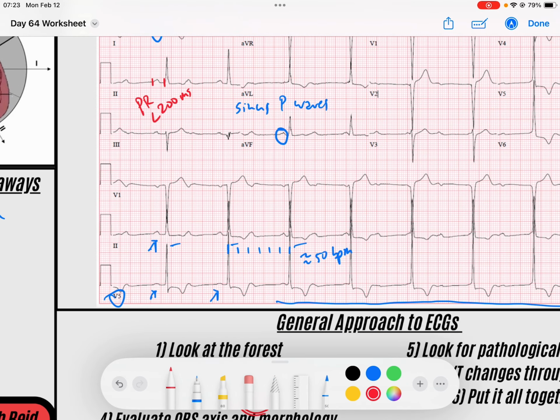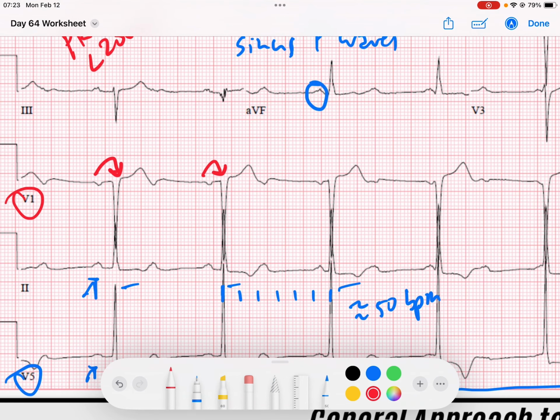So if I look down here maybe at V1, we can evaluate that. We see we've got a P that conducts to this QRS. It seems like P, QRS, but then notice this PR interval right here is longer than the next one, which is, see, they're getting shorter and shorter